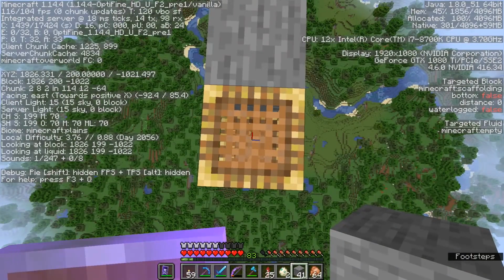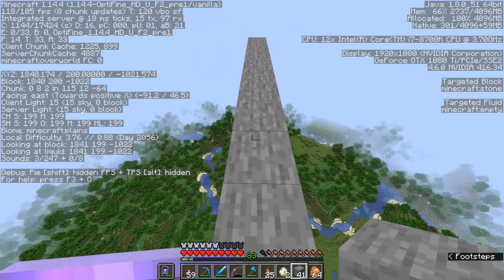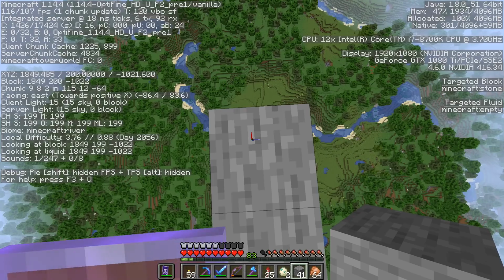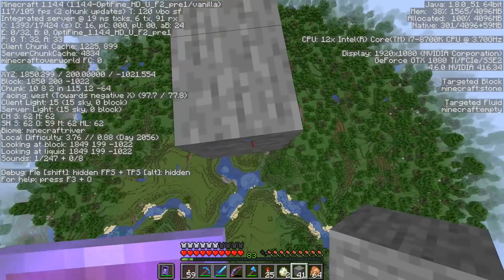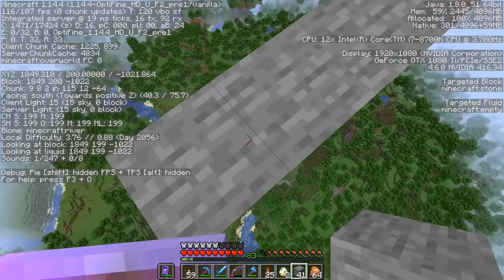So if we start on this block here, this block is at X1826. We run along here, all of this is Minecraft plains until we get to this one at the end, which says river at 1849, and luckily enough for us, that is perfectly 23 blocks, which is the distance at which mobs are going to start spawning if they are that far away from the player. So that's actually perfect,